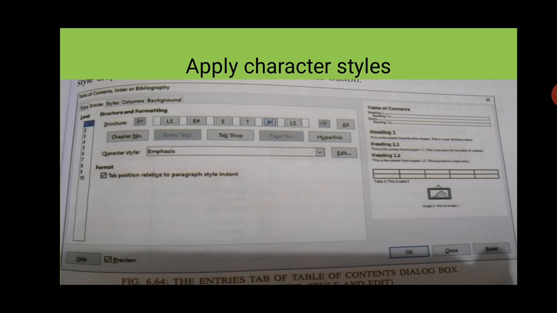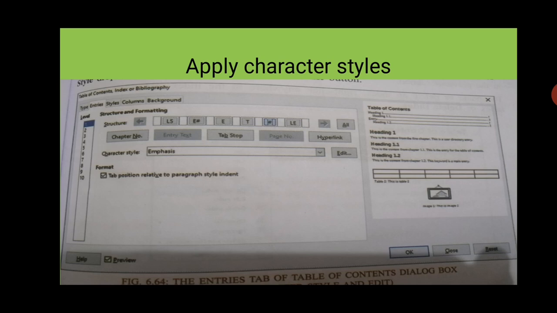There are some kinds of options here. If you want to change the types, or if you want a particular heading or title to be given there, or if you want to change the font types, then click on the type option. Apply character style, how can we do that? Just go to the table of contents and index or bibliography option, select your character style.